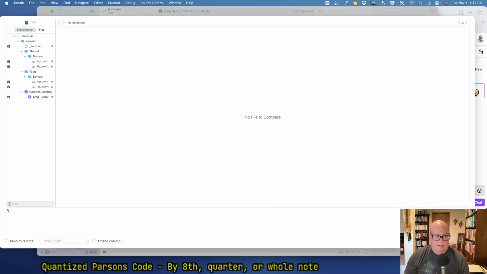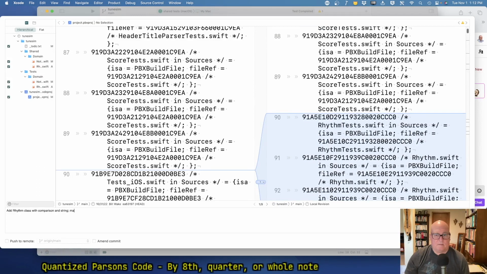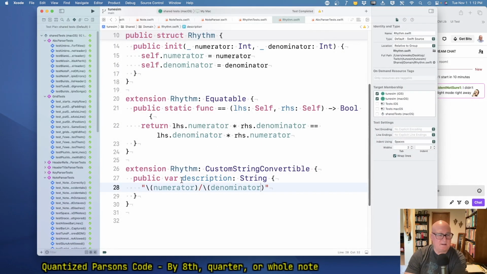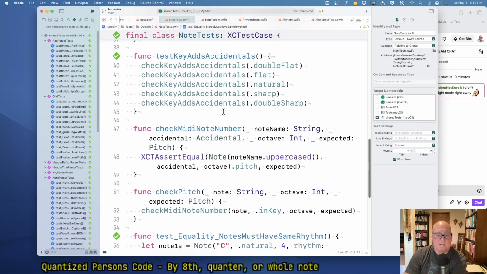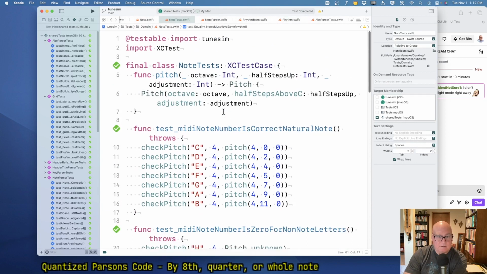All right, so add rhythm class with comparison and string. Make sure note uses it for comparison. Haven't pushed enough today. Okay. Let's go back to note tests. Okay. Equal notes must have same rhythm. Yes. All right. Now, somewhere in here,